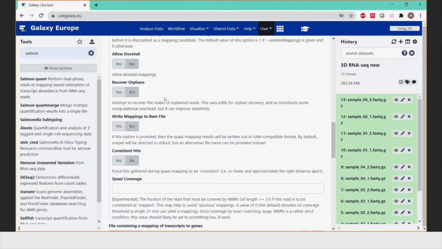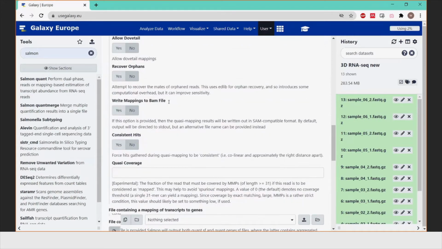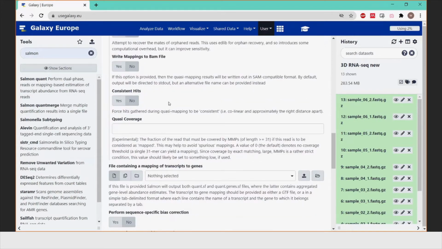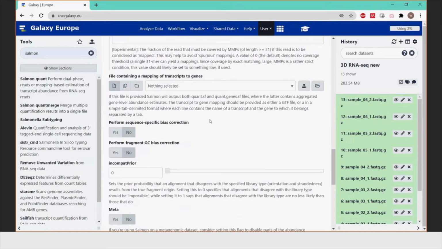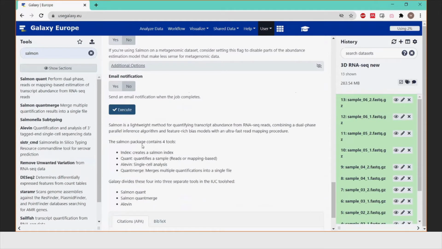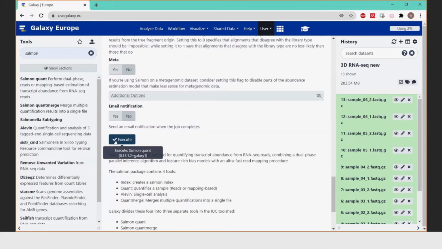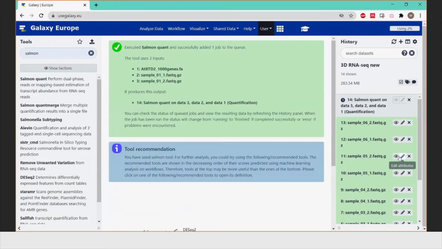Then you also have other parameters for that. But if you want to know more details, you could go to the Salmon quantification user manual to get more details on how to choose these parameters. Then in the end, we can click the button Execute. Then there will be a new job running here. So it will do the calculation of this sample against the